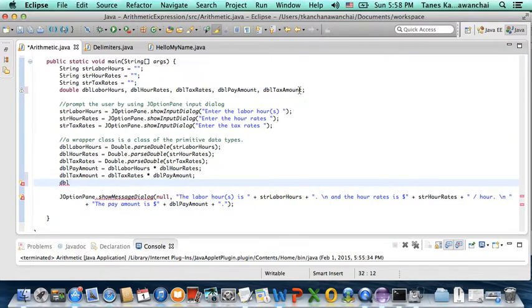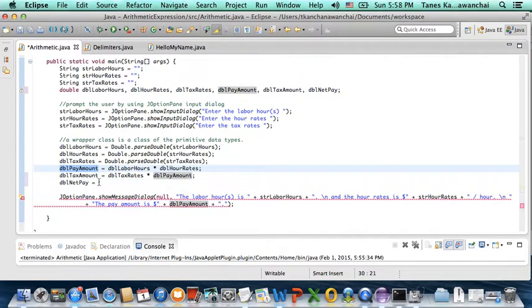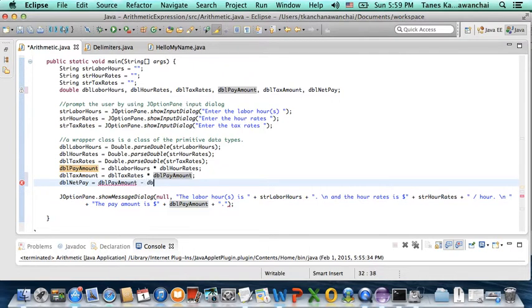So now I'm going to say double net pay. So that's net pay after the tax. Alright, so that means double pay amount, subtract double tax amount. So now the pay amount is, then we can just keep concatenating this and say, okay,